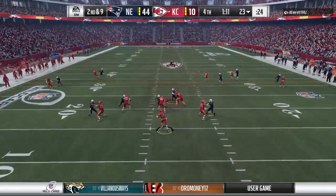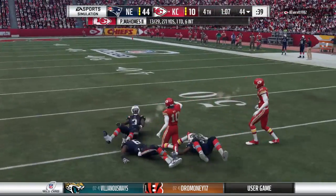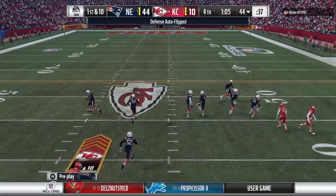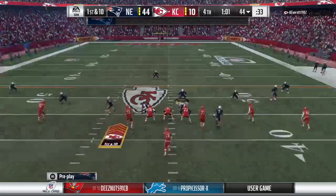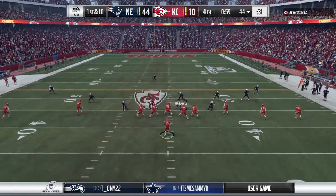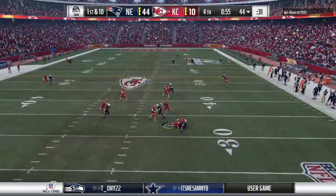Now Mahomes throwing on 2nd down. And hit with it over the middle. And he's brought down after a good gain. And a nice gain at 21 yards. If you're going to blitz, likely going to leave you in man coverage with this guy, and that is less than ideal. It is, because...